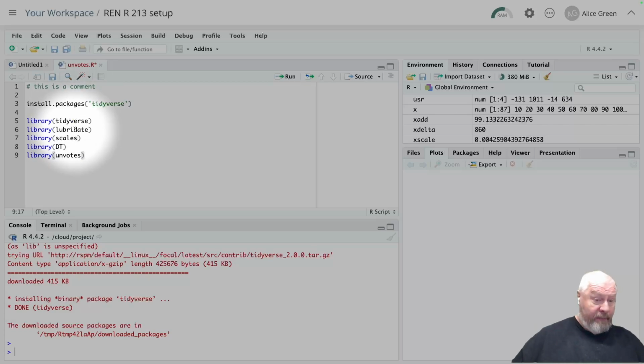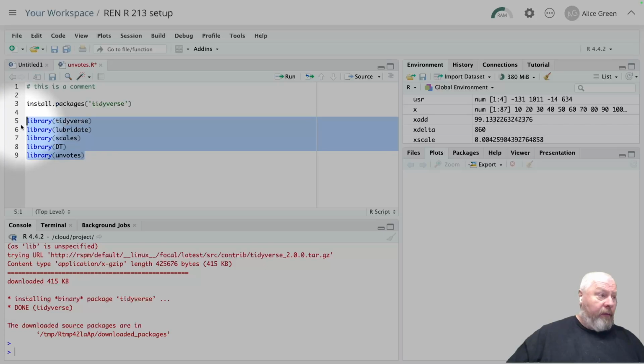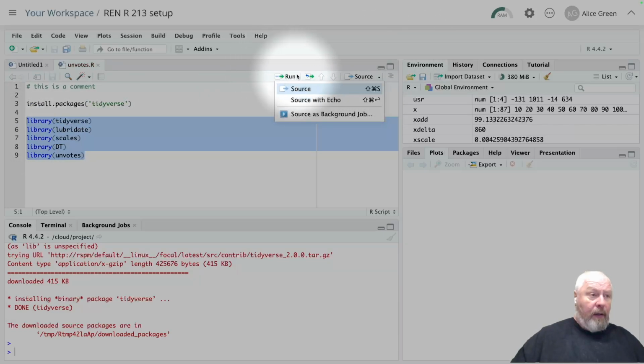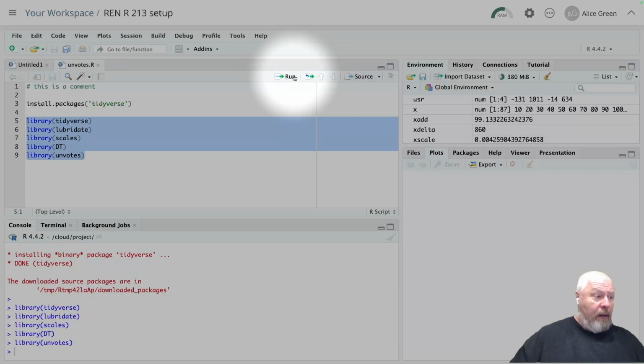Lubridate contains some functions for manipulating dates. Scales you can use to affect axis scales. DT is for data tables, and unvotes is a data set that we're going to be using for this. So I'm going to load up those libraries,